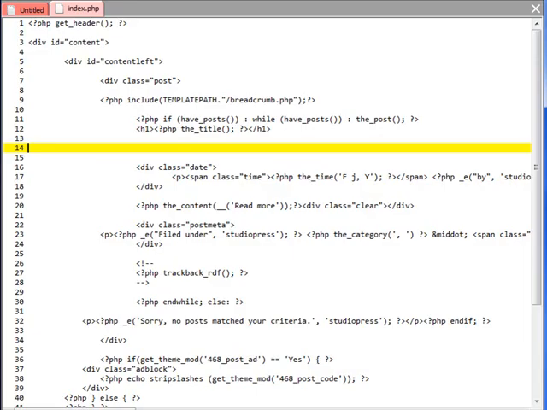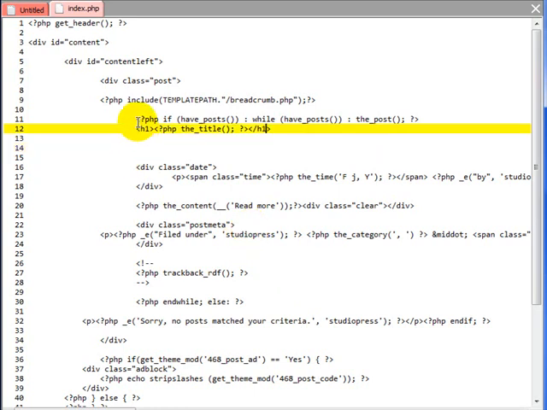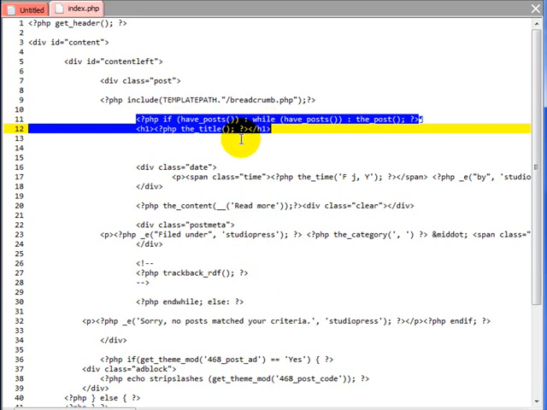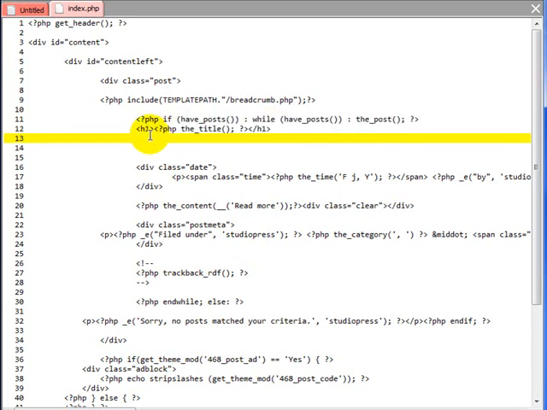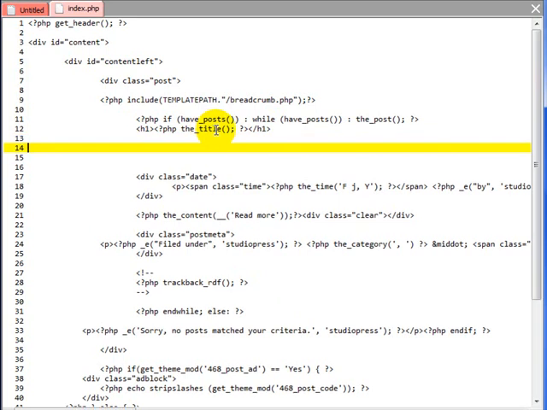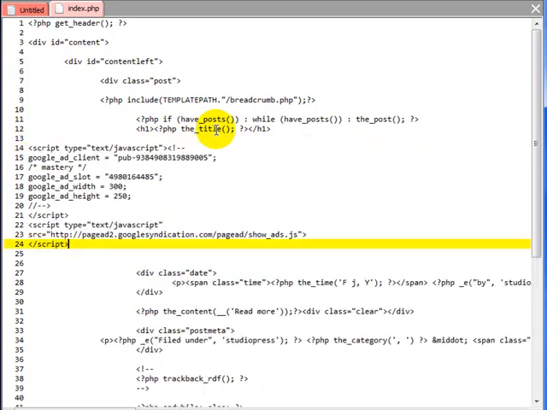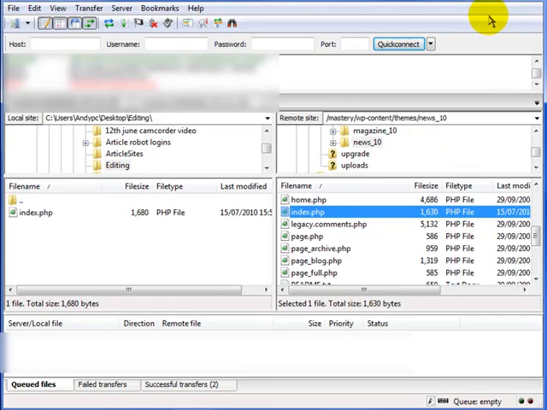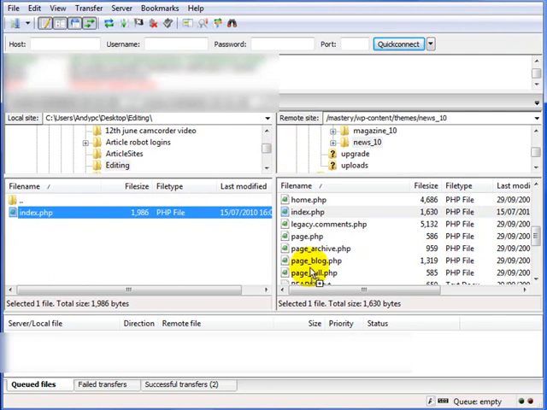And back to the PHP file, and as a signpost for you, you'll find that this is the same code you will find in every theme. Okay, so just to give you a couple of signposts, we want to paste in the AdSense code right underneath the title here, and just paste that in there. And I will upload this and show you what that looks like right now. Back to my FTP client, and upload,